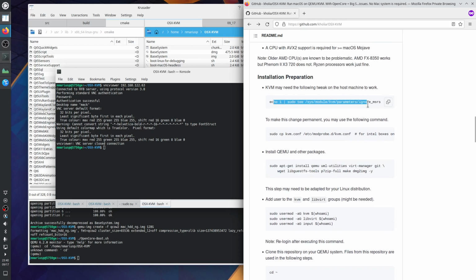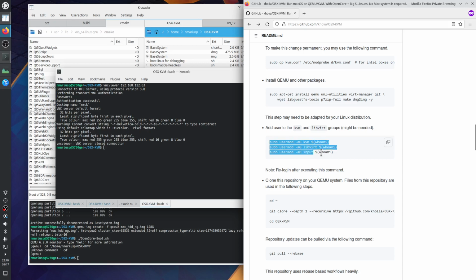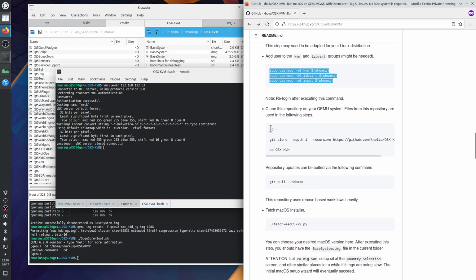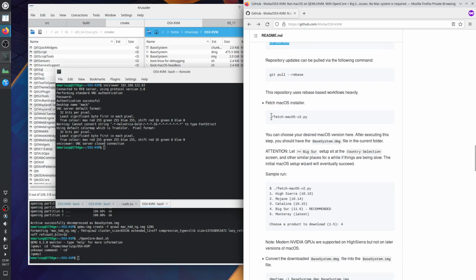I did not need to do this tweak. I did these three things. I ran this. It asks me what ISO, as it were, do I want to download. I tried at least 4 times with the recommended one, which is Big Sur 11.6. I did not manage. So I tried with option 3, which is macOS Catalina